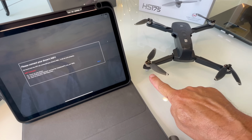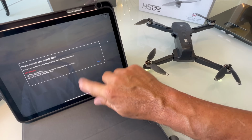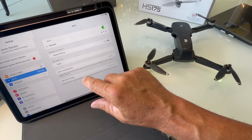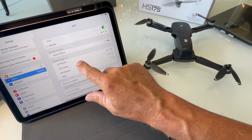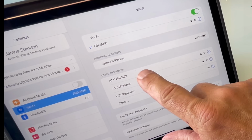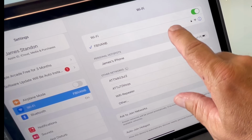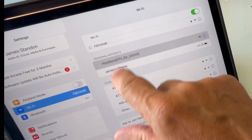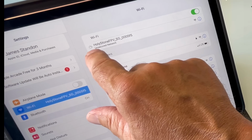You'll see the blinking lights, and they'll go to slow blink. Then open up your settings, open up your Wi-Fi until you see Holystone come up. And this is a step you cannot skip. If you don't hook it up to your Wi-Fi, they're not going to be linked. So once you hit Holystone and you see that it's checked,